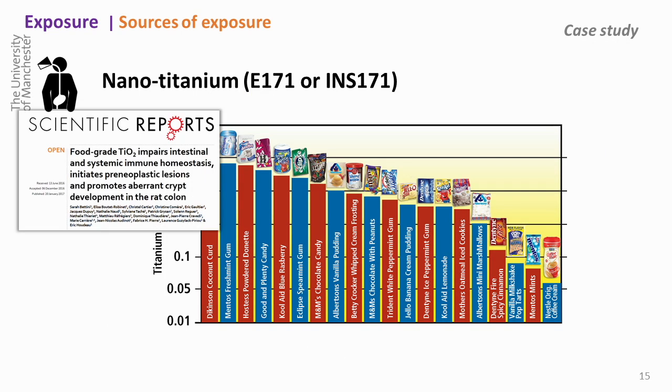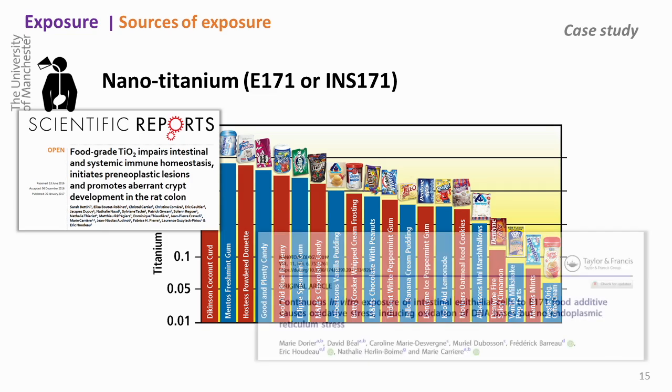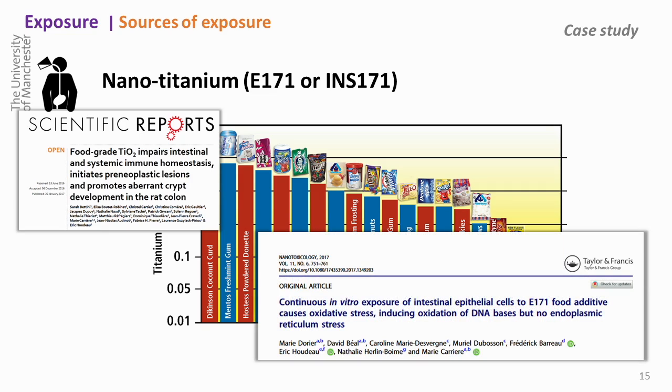There are also some concerns about the safety of this specific nanomaterial. Basically, there are some studies that show that it provokes oxidative stress and oxidation of DNA. I will not be able to comment much about this,